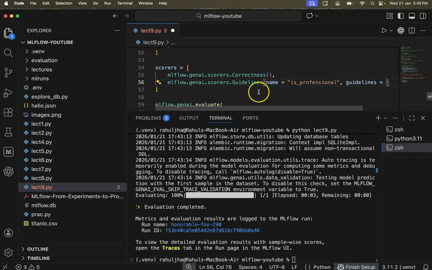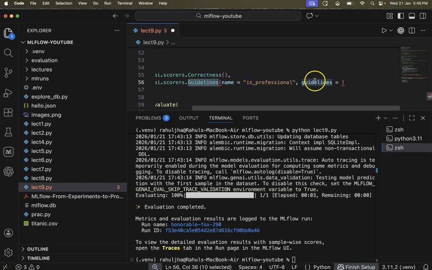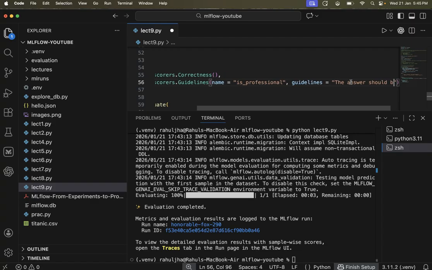Again, both correctness and guidelines will be LLM driven. So the LLM is acting as a judge here. The answer should be professional.